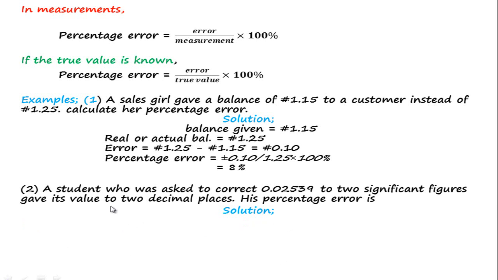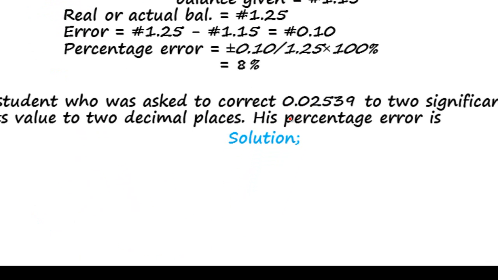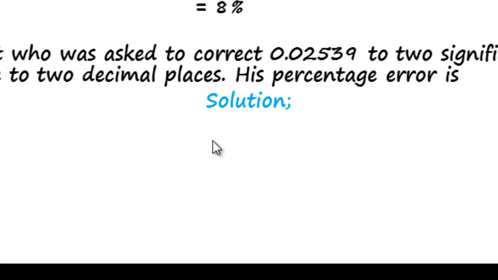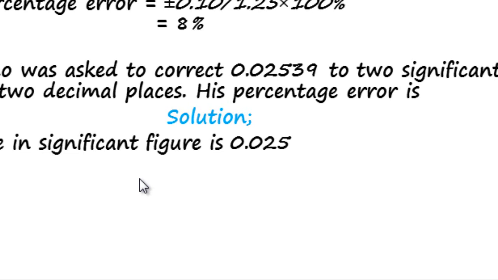Now a student who was asked to correct 0.02539 to two significant figures gave its value to two decimal places. There was a mistake. He was supposed to round it up to two significant figures, but mistakenly rounded it up to two decimal places. You know, the two of them are different. Now, if he's rounding it up to two significant figures, the actual answer is given. Correct value is in two significant figures, which is